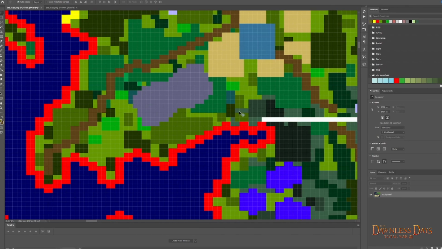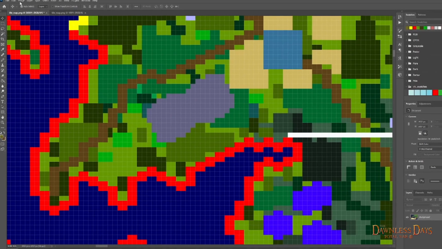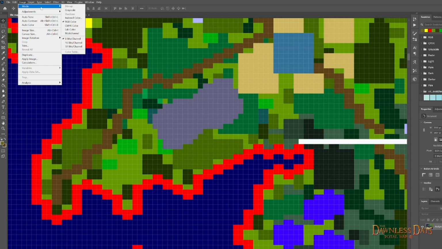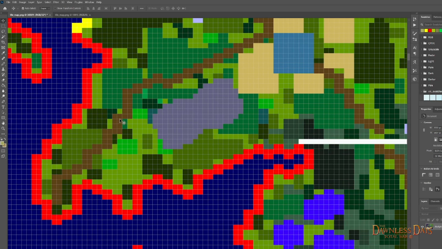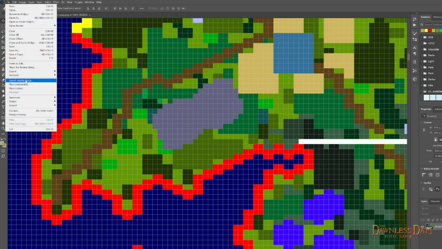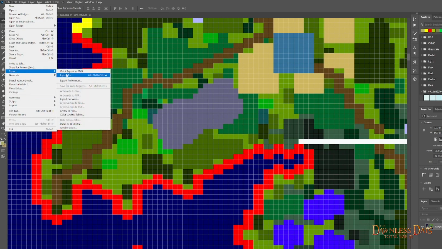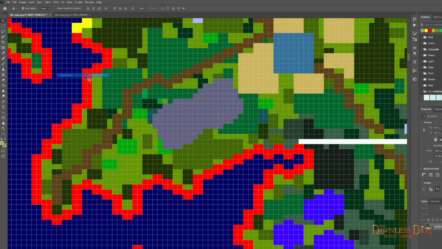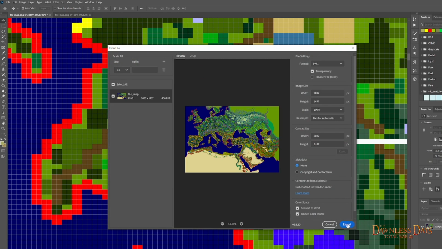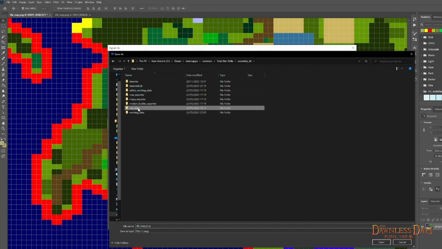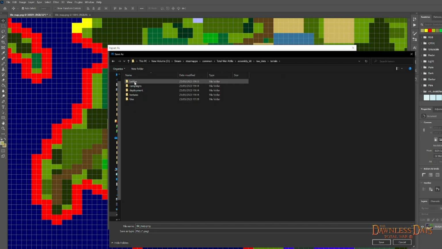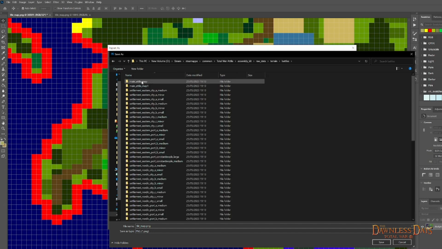Okay, now that we've merged layers, it's just a matter of saving this. So firstly, we're going to go to image, mode, and make sure we have 32 bits per channel ticked. Okay, now that that's done, we're going to go file, head down to export, export as. Now we don't need to change anything here. Let's just click export and let's go to our Total War Attila file, assembly kit, raw data, terrain, battles, main